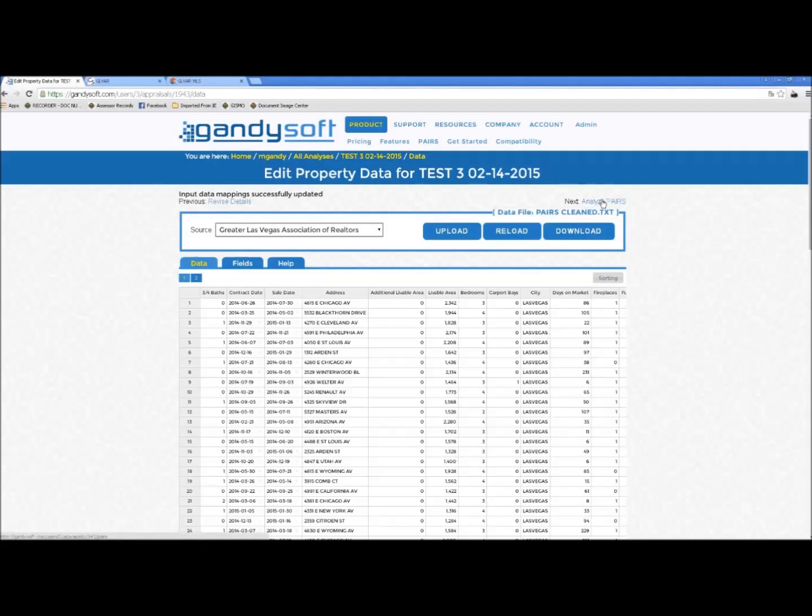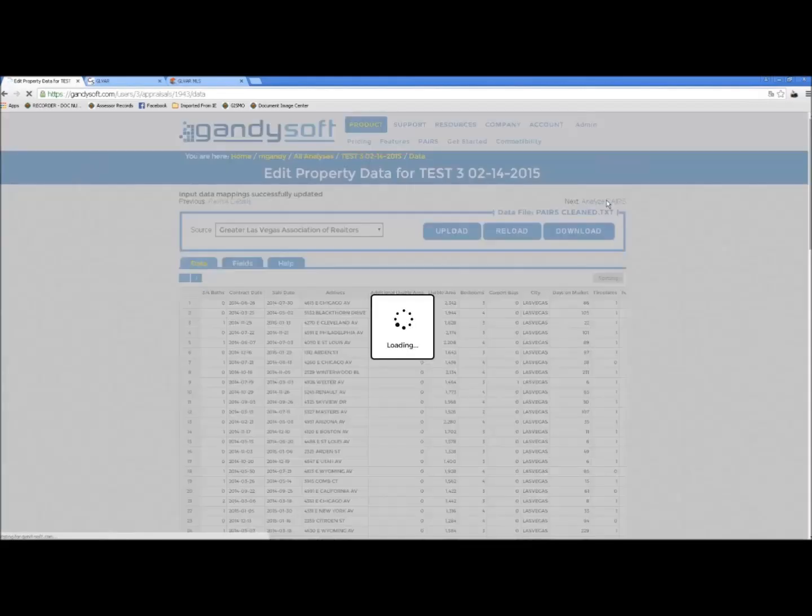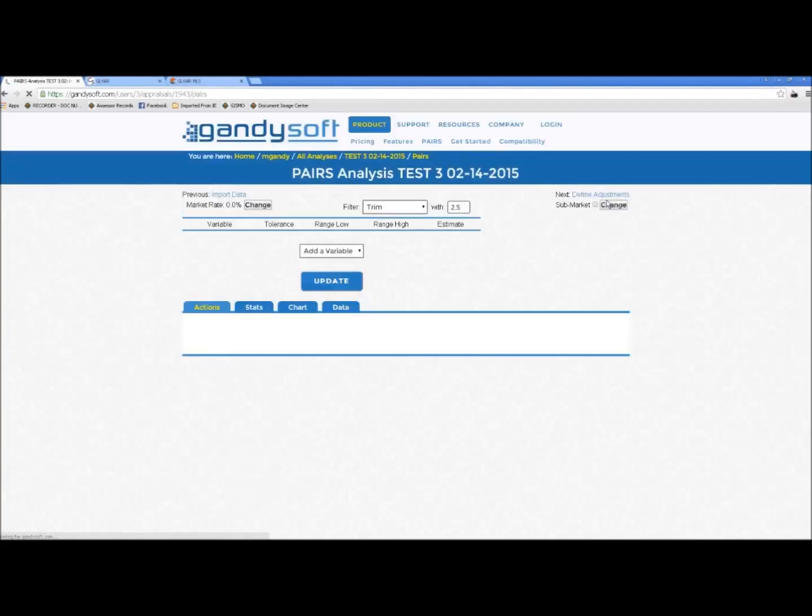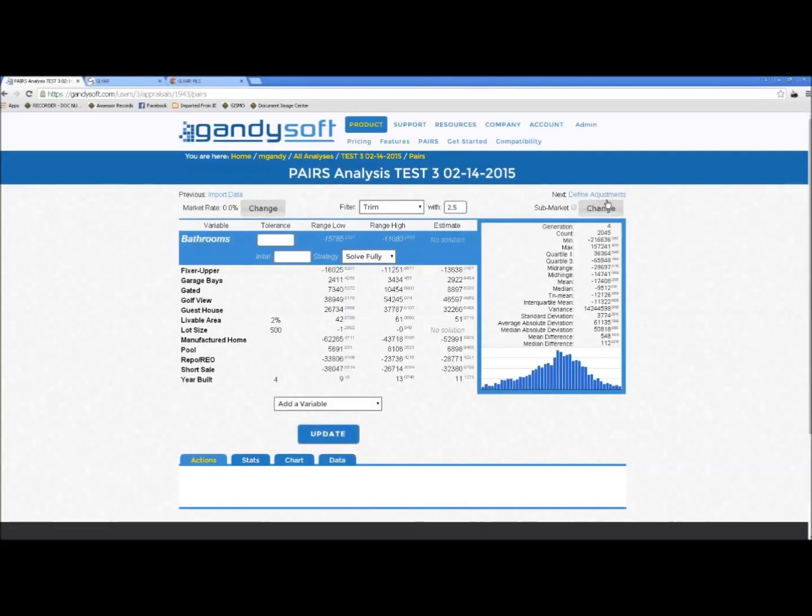But let's go up to the upper right-hand corner, that blue hyperlink, Analyze Pairs. Again, never, never, never pay attention to the stuff that jumps off the page. There's a lot of stuff that we're going to have to deal with before we even get into starting to analyze. Are our adjustments really good? So again,